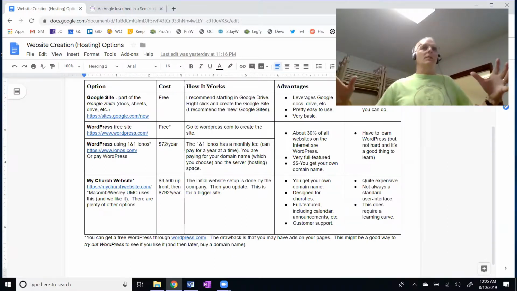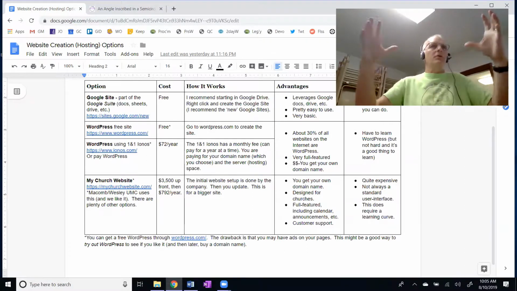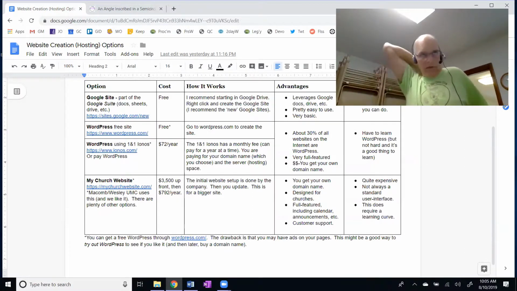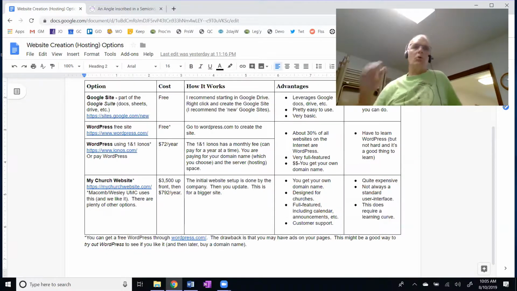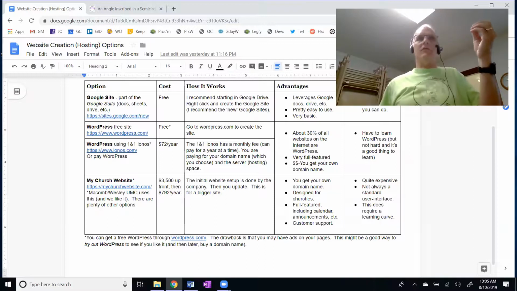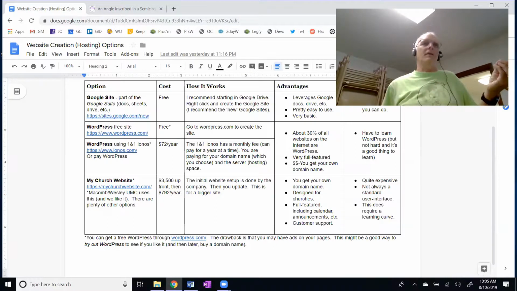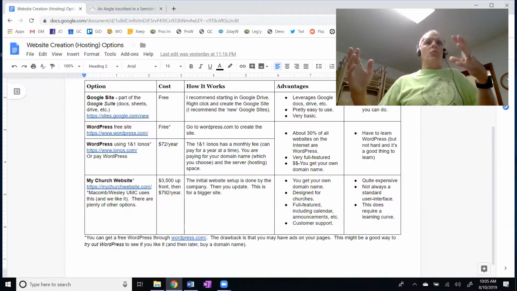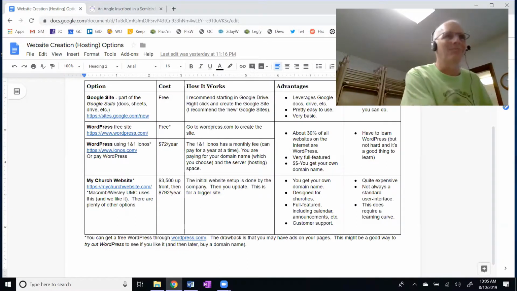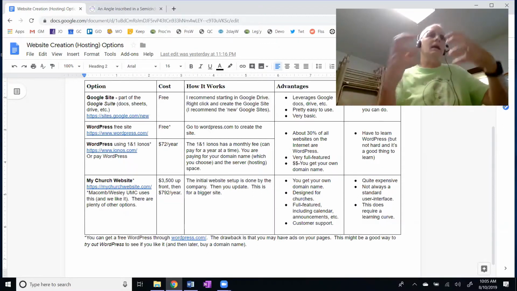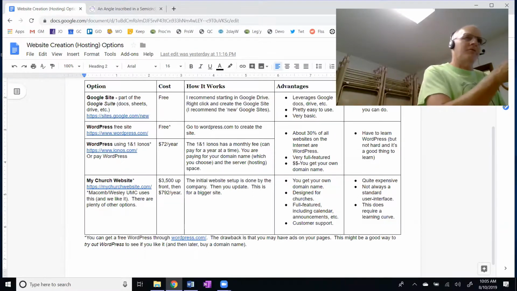So the 1&1 company has the computer that's holding the website, okay? Now, WordPress is just a tool. WordPress is a tool for making websites. It's an authoring tool. It's like Microsoft Word is used to make documents, okay? WordPress is a tool for making websites, okay? Does that make sense? Okay.